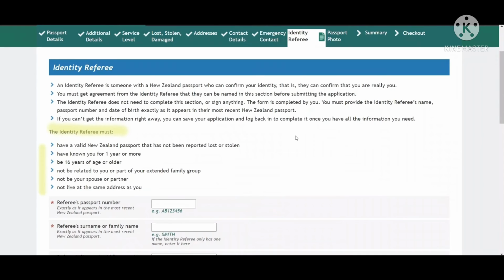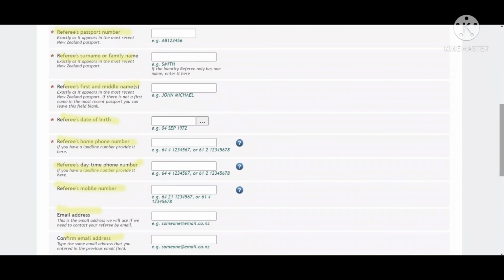So the ID referee must have a valid NZ passport that has not been reported lost or stolen, have known you for at least 1 year or more, be 16 years of age or older, not be related to you or part of your extended family group, not be your spouse or partner, and not live at the same address as you. So go ahead and put in their passport number, surname, family name, first and middle names, date of